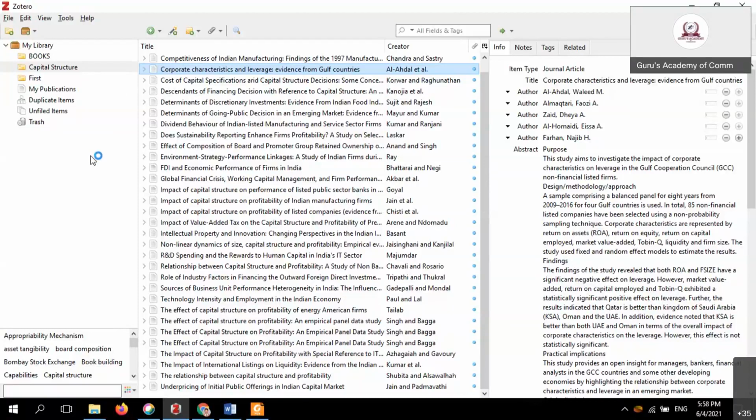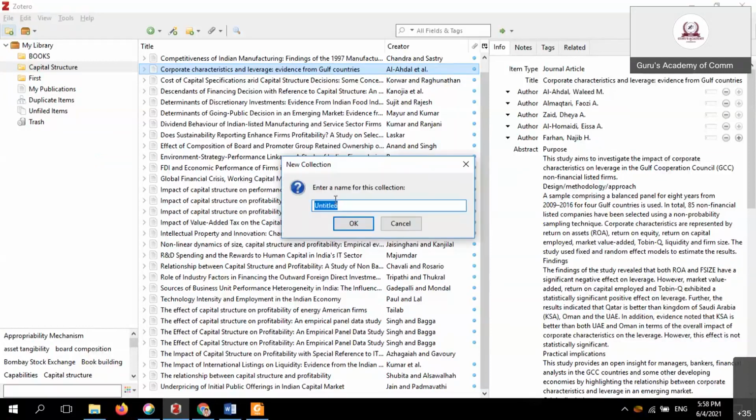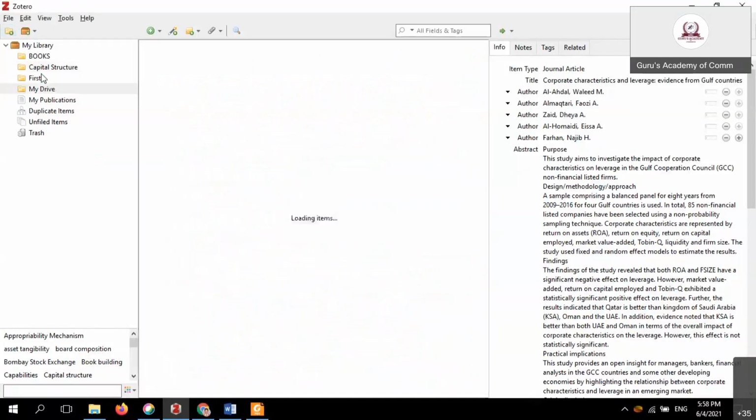Okay, now you already have some research papers in your drive, that is, your laptop or pen drive. You have a lot of research papers you already collected. Now I opened another folder. This is my drive collection.